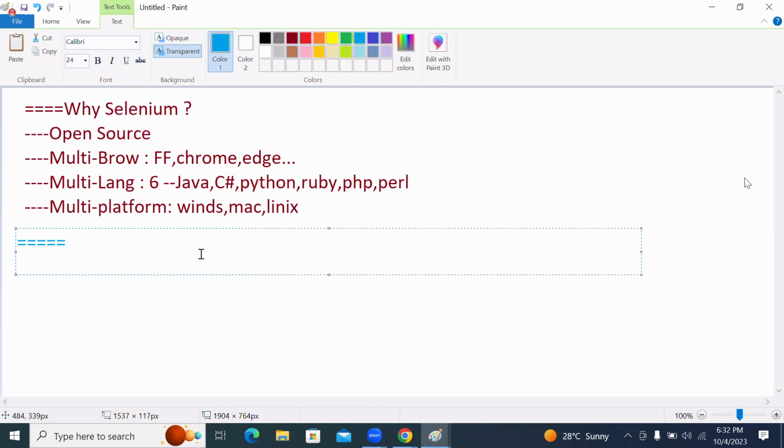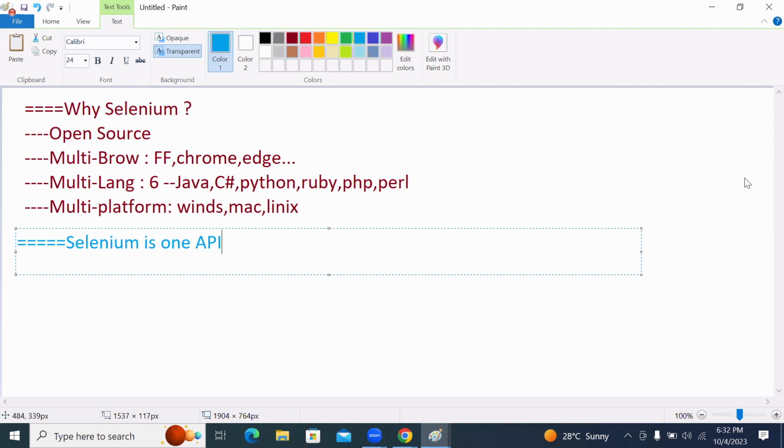According to real-time standards, what is Selenium? We can say that Selenium is